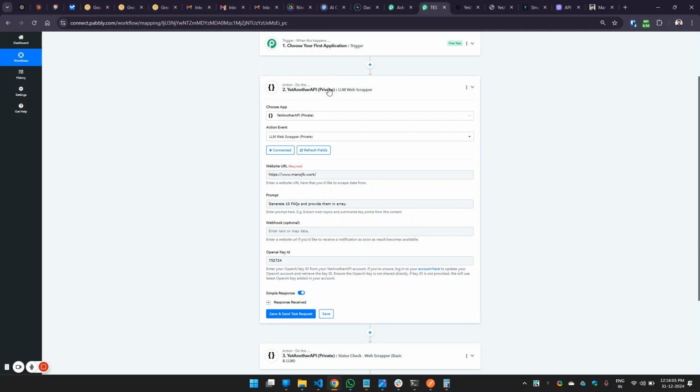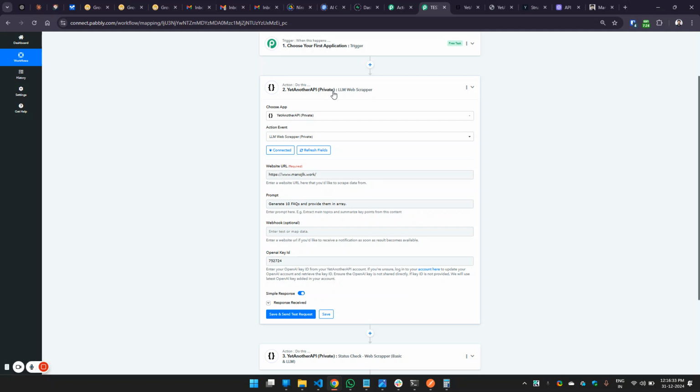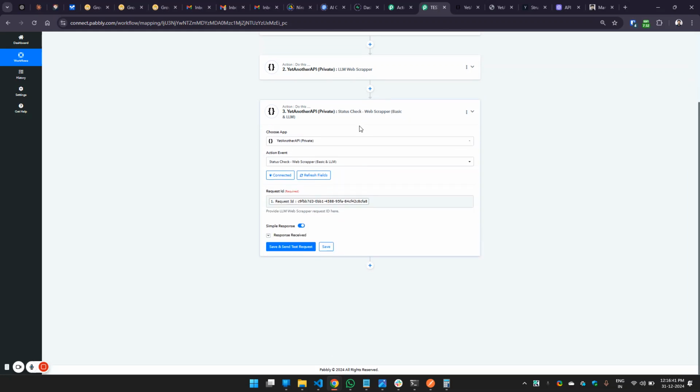Now, in case you don't want to create another flow for it, typically I would recommend you create another flow for it because it would save you the task counts and API count as well, right? But in case you don't have the webhook or you don't want to create another workflow, what you can do is set up some delay over here. Let's assume we add a 5 minutes delay because we need to have the LLM process that data. So let's give it ample time to process it, right? Give it some time. Once it is being processed,